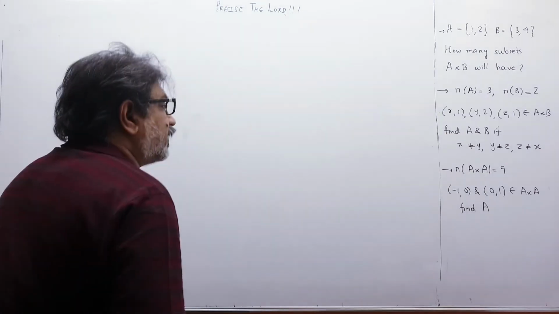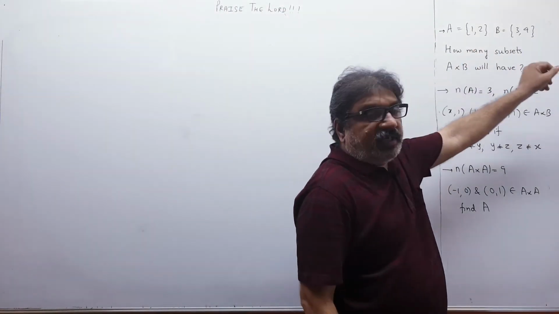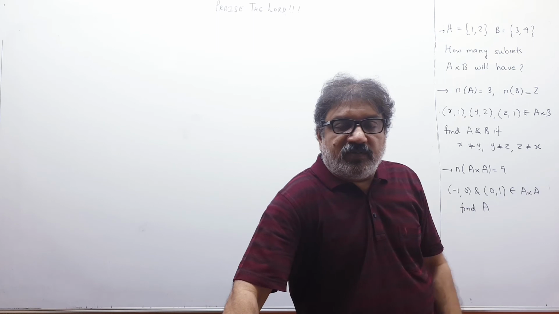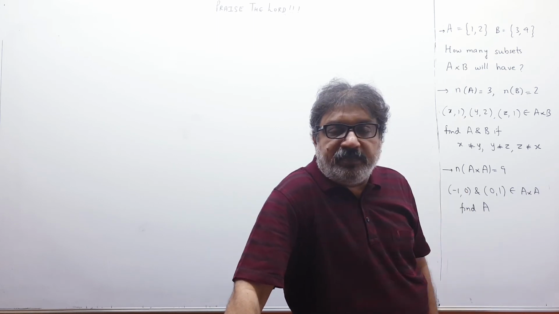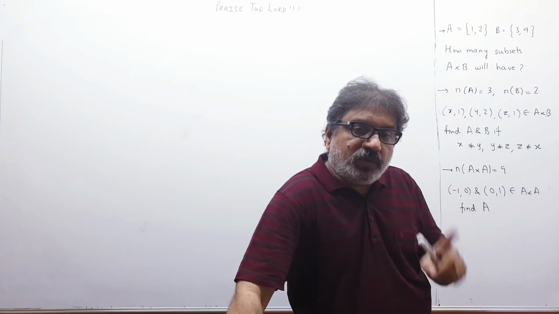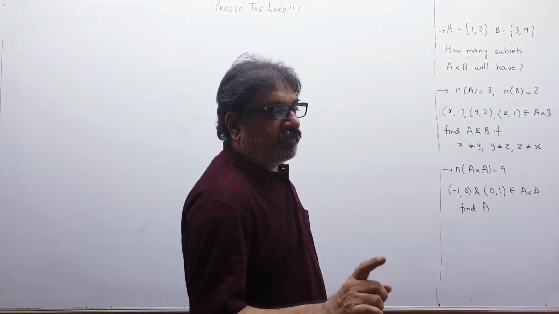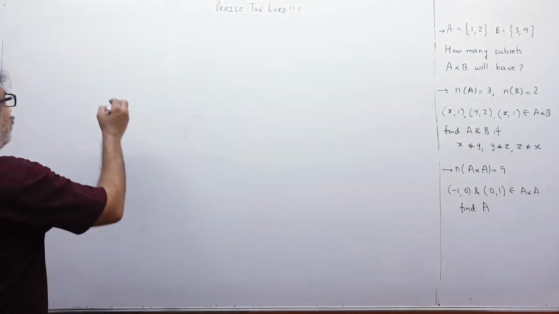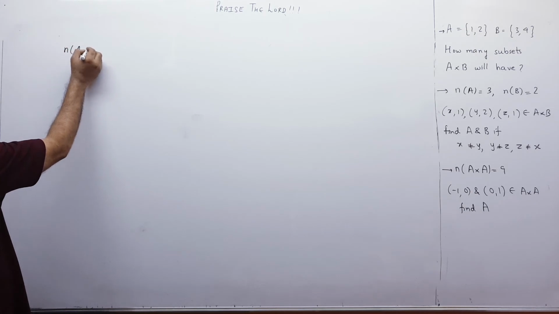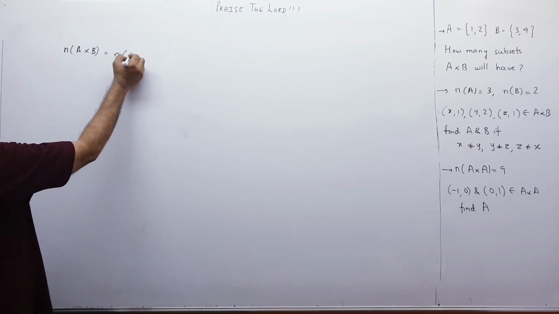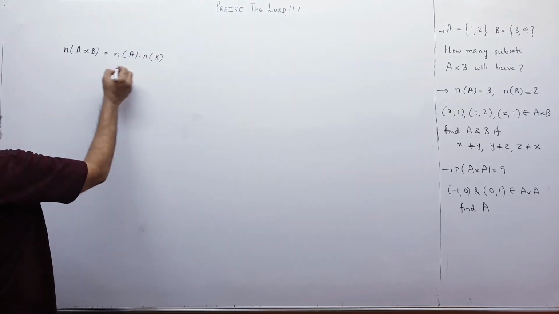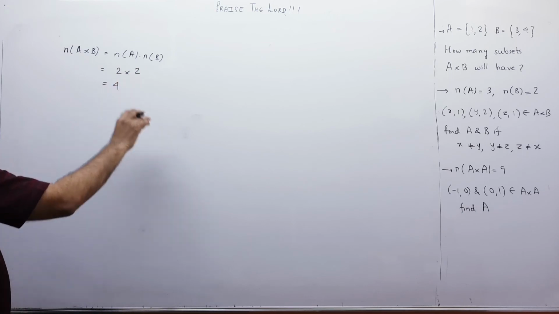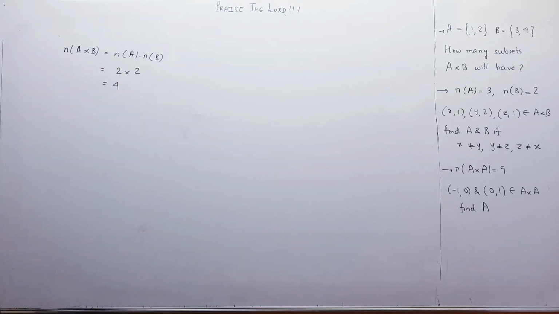Okay. So children, A is a set having elements 1, 2, B is a set having elements 3, 4. How many subsets will A cross B have? So children, let us revise. If a set A has got P number of elements, then what is the number of subsets? 2 raised to P. How many elements will A cross B have? We know that the number of elements in A cross B is the number of elements in A into the number of elements in B. So that is 2 into 2 and that is 4. A has got 2 elements, B has got 2 elements, 4. So A cross B has 4 elements,